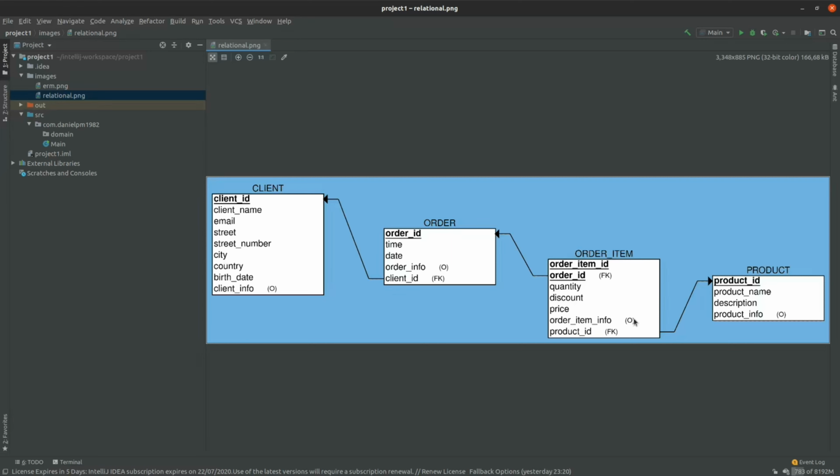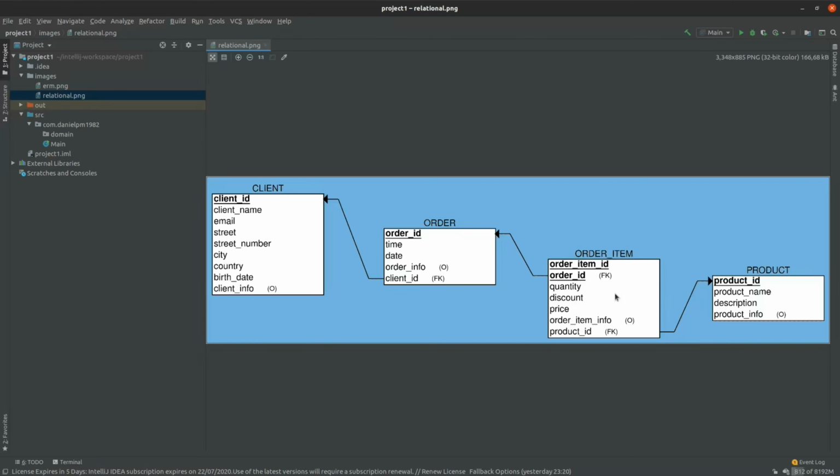And for relating the order item with products, for that many-to-one relationship we had, we'll put the primary key of product inside the many side of the relationship, which is order item, as a foreign key product